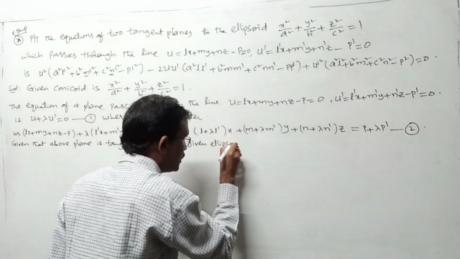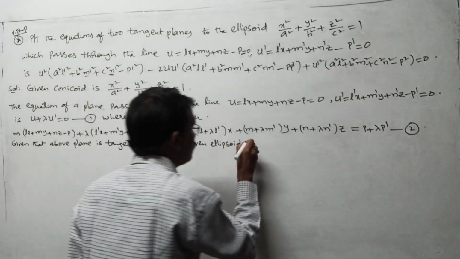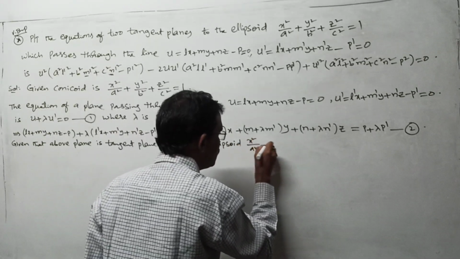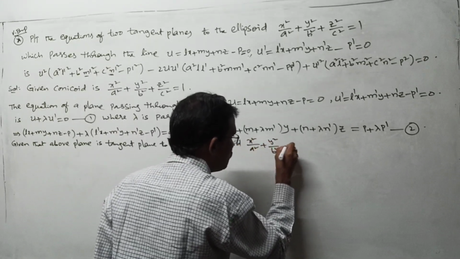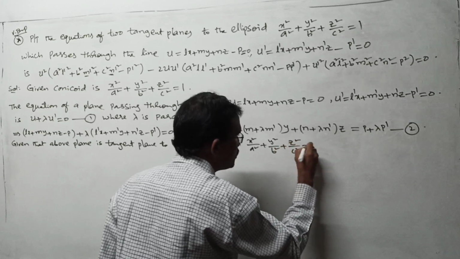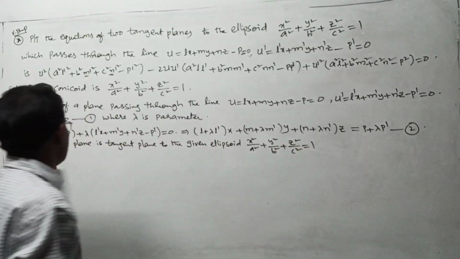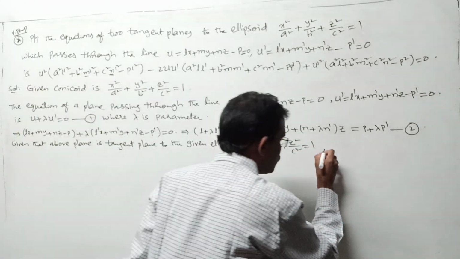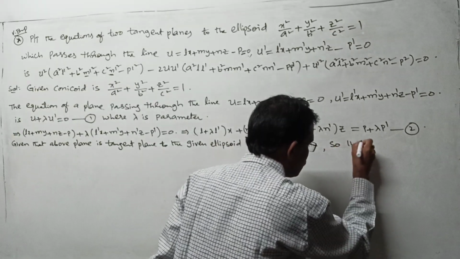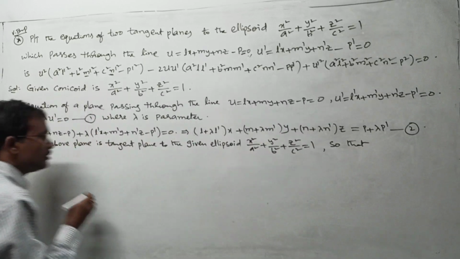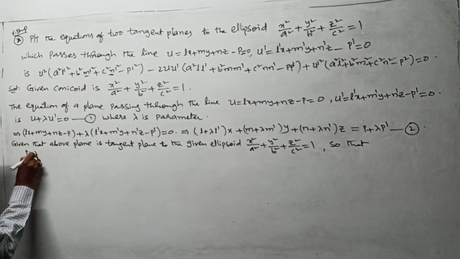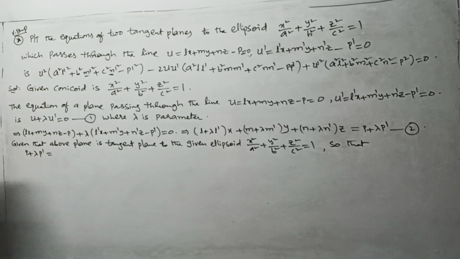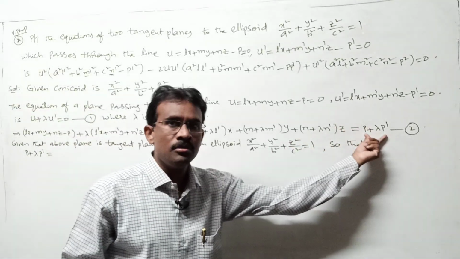You can write it as ellipsoid or conicoid, no problem. What is that? x square by a square plus y square by b square plus z square by c square is equal to 1. Given that this plane is tangent plane to this ellipsoid, so that is what we have. P plus lambda P dash is equal to square root